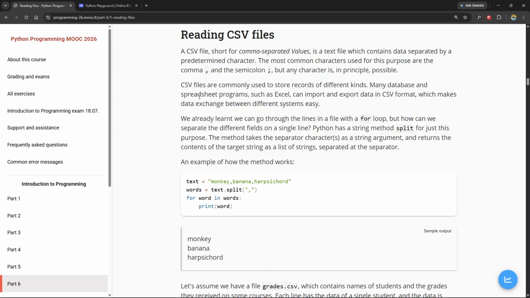Many database and spreadsheet programs, such as Excel, can import and export data in CSV format, which makes data exchange between different systems easy. We already learned we can go through the lines in a file with a for loop, but how can we separate the different fields on a single line? Python has a string method split for just this purpose, and we've seen this in the past, right? You can split a string, for example, if it has spaces, you can,